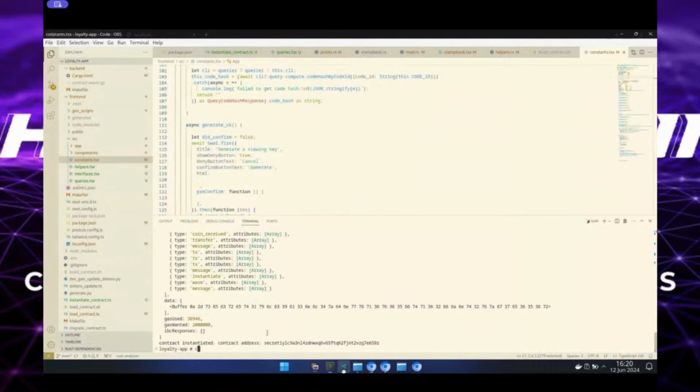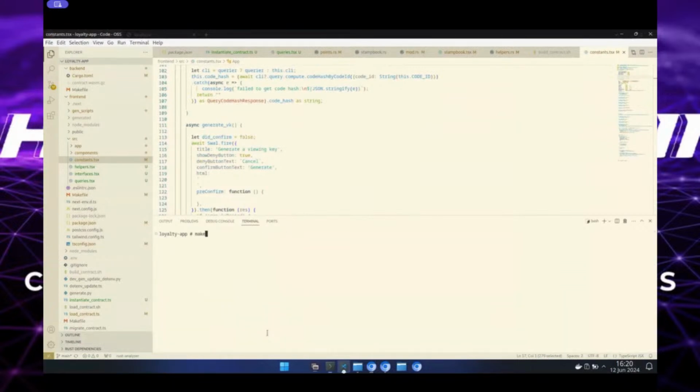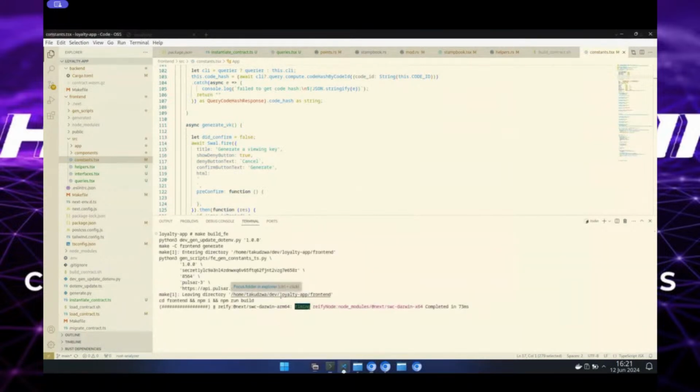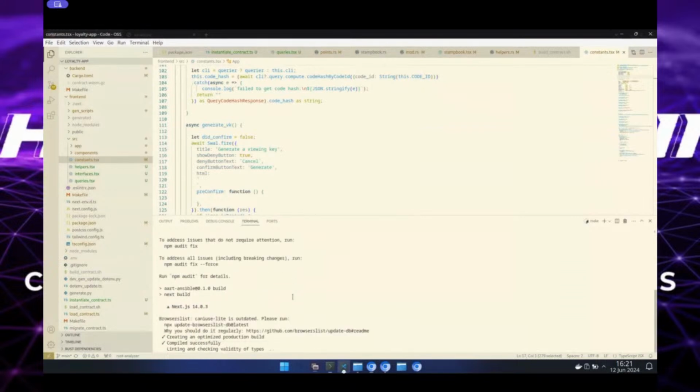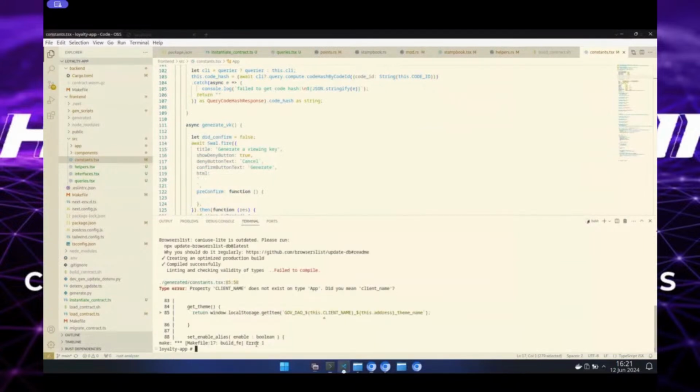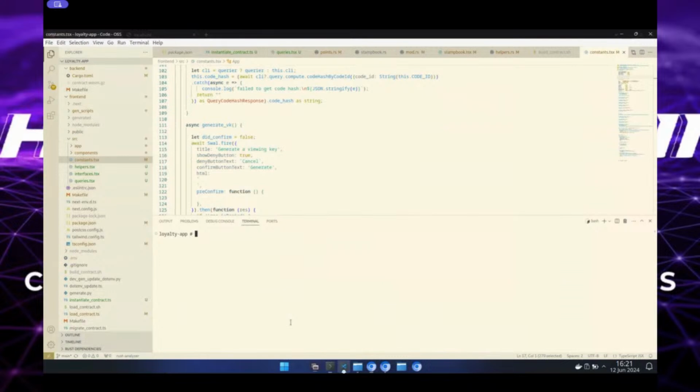Let's run it and see if it works, hopefully. Let's try and build the front end. It's a little outdated, so there's no guarantee it works. It does. We'll be able to demonstrate that we can now interact with our smart contract. Okay, well, I guess not this time around, but the important part is we've now loaded our smart contract to